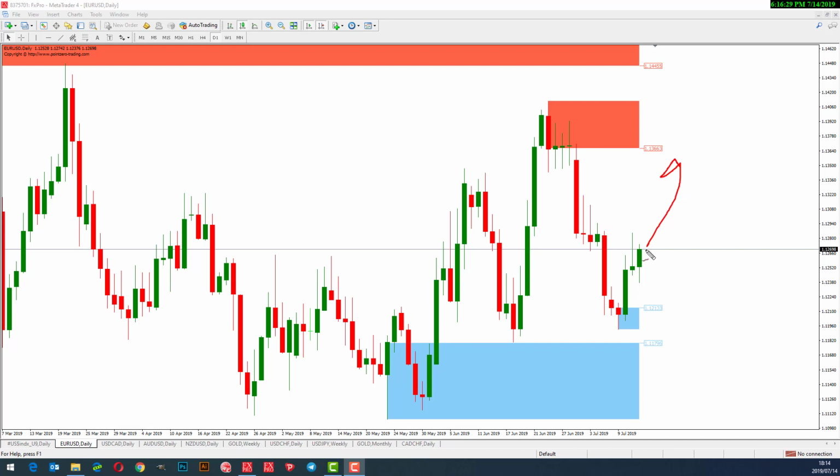If it happens that we get pullbacks, the $12,100 area is a potential area for us to long the market, a potential area for us to go bullish in the market. So take note, whenever I highlight an area, especially on a daily time frame, you as a trader have to drop down to a lower time frame, especially when price is testing that zone. You go to a lower time frame to look for your entries. For instance, in this case,